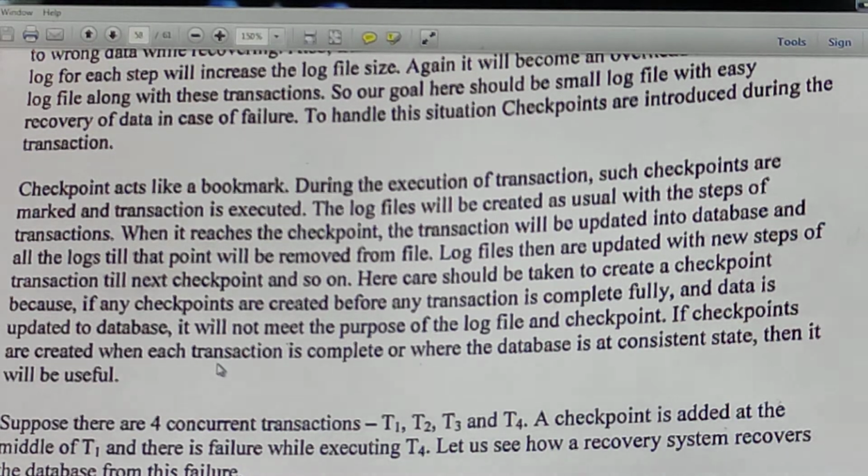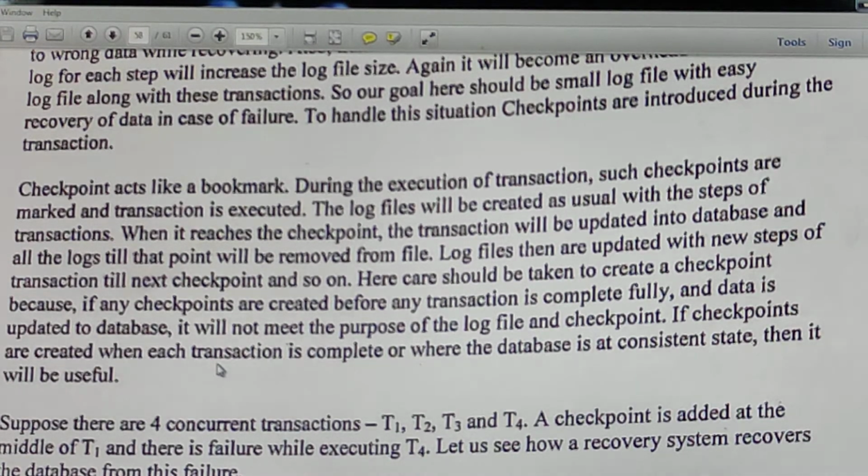Now I will start my log at 2:15, and start recording the operations of my transaction on the log from 2:15 to 2:25, and because I have applied the checkpoint at 2:25, I will write the updates on the log to the database. It means I will update my database.